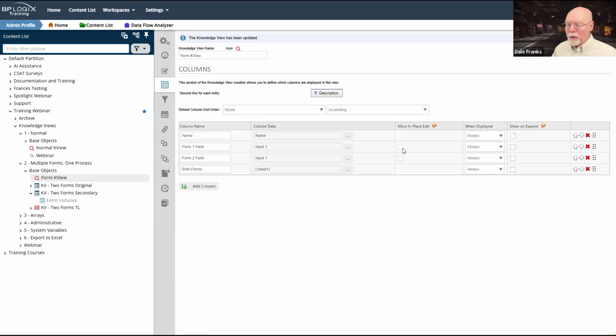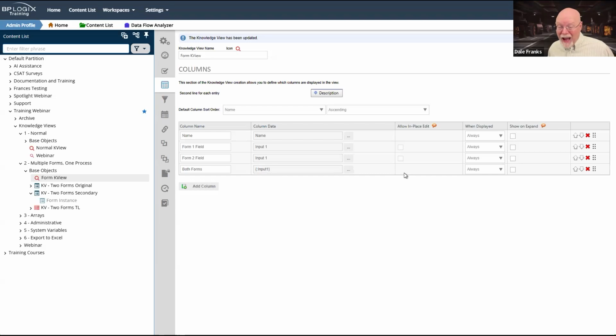I'm pulling multiple fields or I'm pulling multiple forms. And so my allow in place edit is not going to work. However, if I was pulling from a single form, I can still do this. I can still use the system variable name to pull the field value back. I mean, this does work in a knowledge view that only returns a single form instance of a single specified form definition.